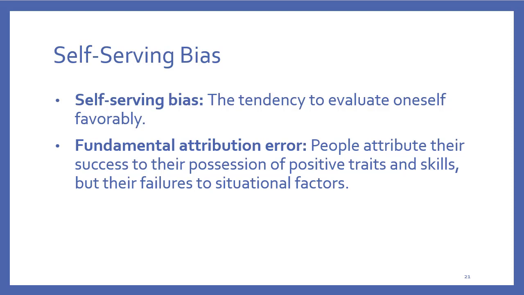Okay, so the fundamental attribution error works in flip-flop when it's on other people, to where when other people have something good happen to them, we blame it on their situation. When somebody has something bad happen to them, it's their disposition. Sometimes we'll call this the wrong place, wrong time fallacy. So if something bad happens to somebody, they go into a bad neighborhood, you can say something like, "Oh, well, they shouldn't have gone to that neighborhood dressed that way."